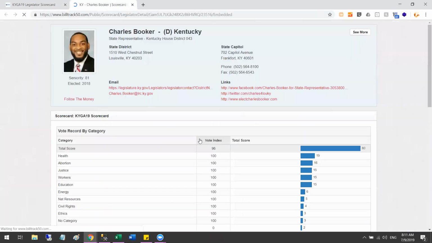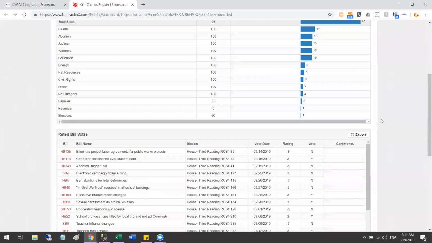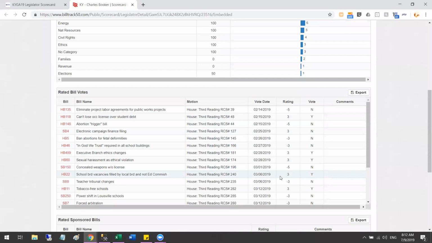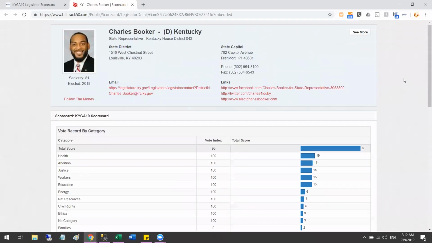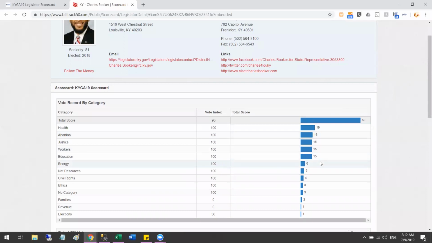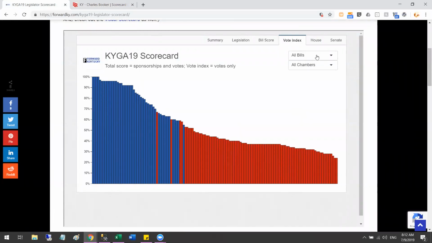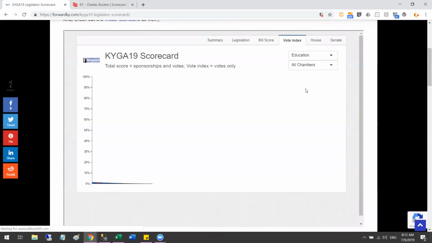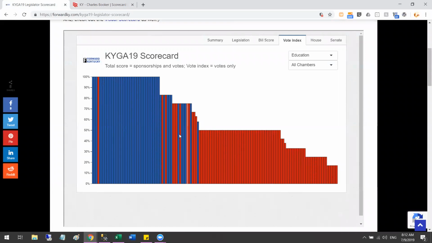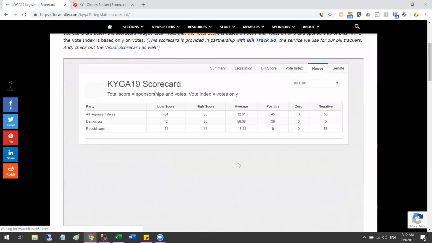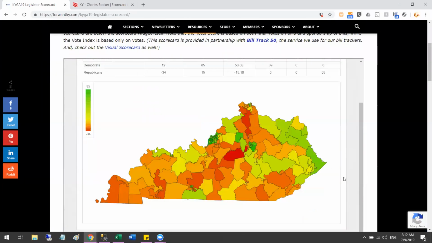If I was at a fly-in, I can click on the person I'm about to visit and remind myself how they voted on the key bills that I cared about. That is pretty helpful too, along with their score in each individual category. All right, so that is how you would use that, and then you could see how the parties did. You could narrow it down to say, just show me education, and it will recalculate and show you just education scores, so that you can look at the topic you care about, and then look at it district by district to see where your district falls along the spectrum, which can also be helpful for a little bit of context.